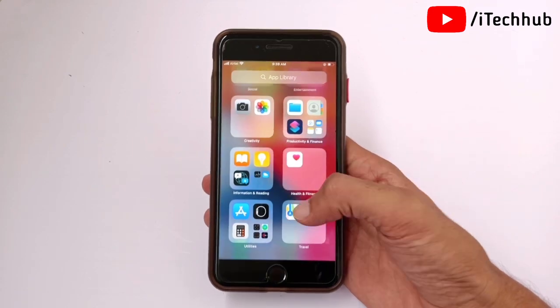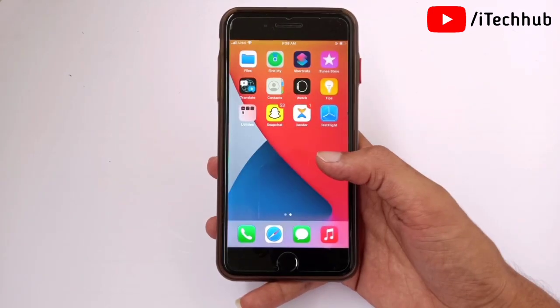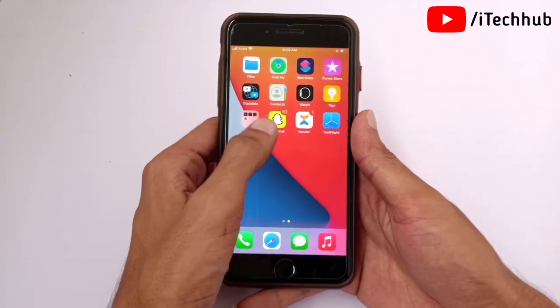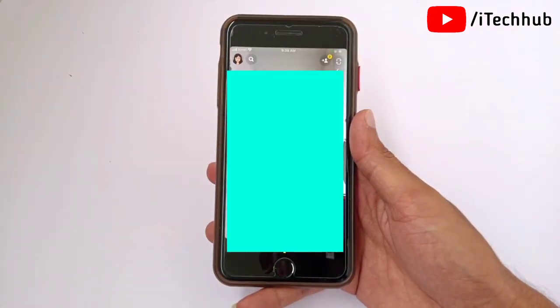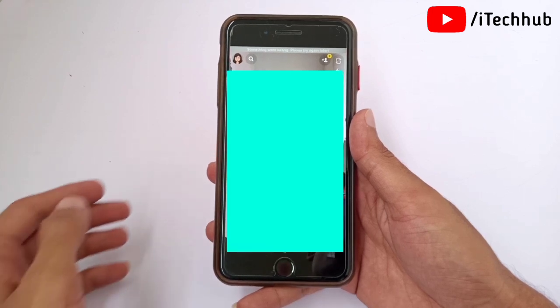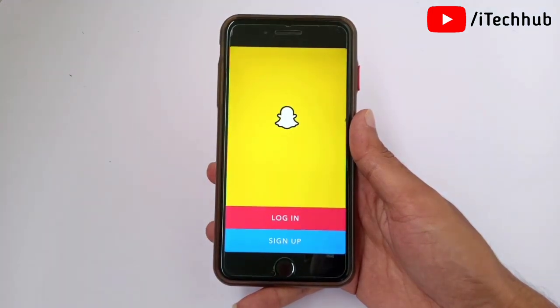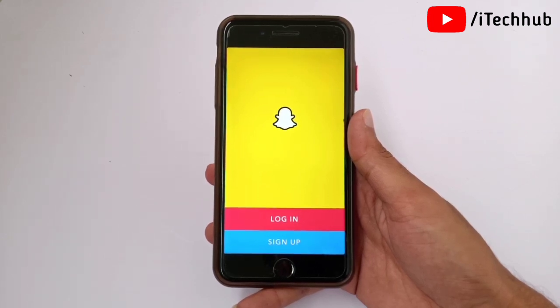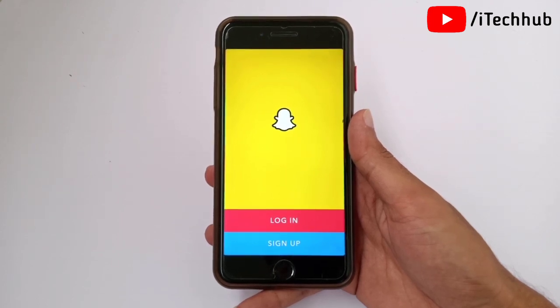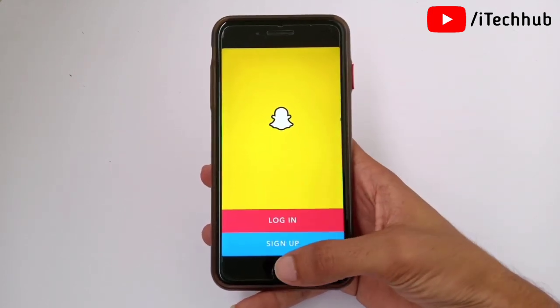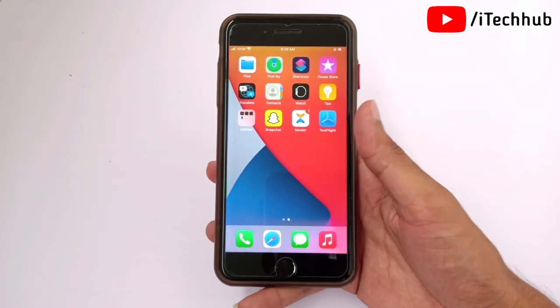So guys, in this tutorial I will try to fix that issue on your iPhone and iPad. Now first of all, open the Snapchat app. Now you can see that, after waiting a while, it automatically closes the Snapchat account from my Snapchat app. Snapchat already tweeted on Twitter and said it is a Snapchat bug on iPhone as well as iPad. So guys, Snapchat keeps crashing on your iPhone and iPad. How do we fix that issue? Please make sure you follow the steps and it is easy to fix your problem.